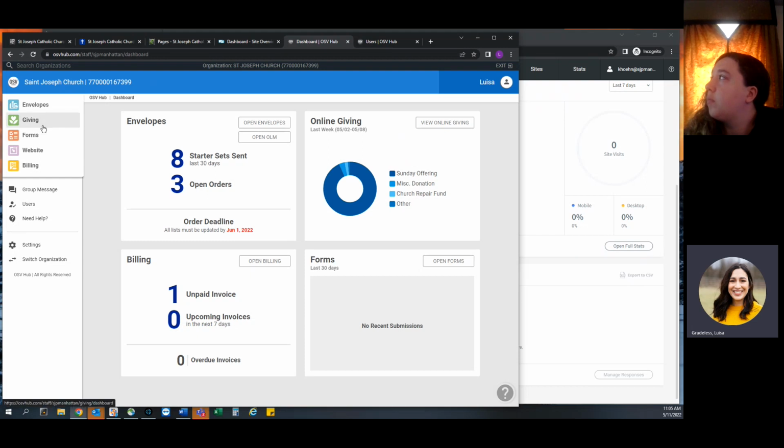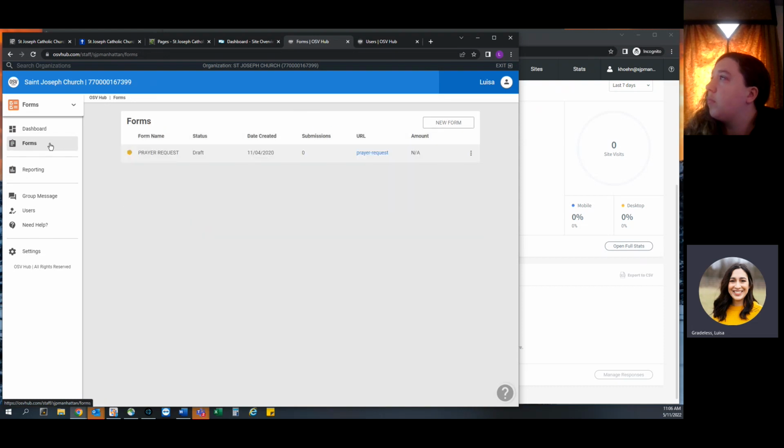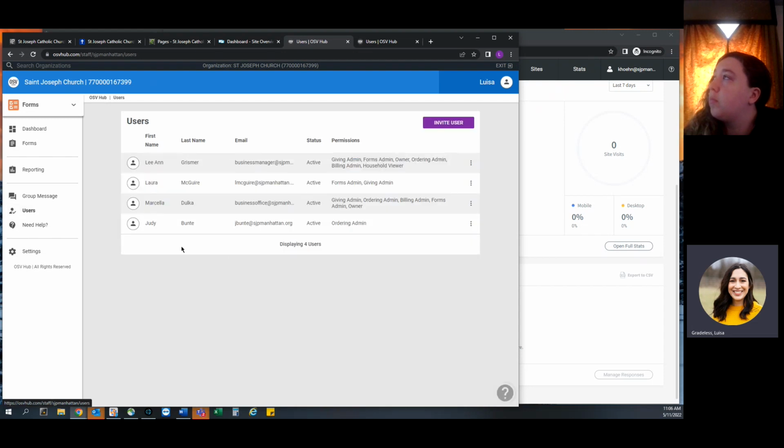You guys actually have online giving with Our Sunday Visitor, and with online giving, you can create forms where you can accept payment as well. You can void the transaction, you can refund the transaction. It looks like someone has created a draft. I will be sending you both invitations